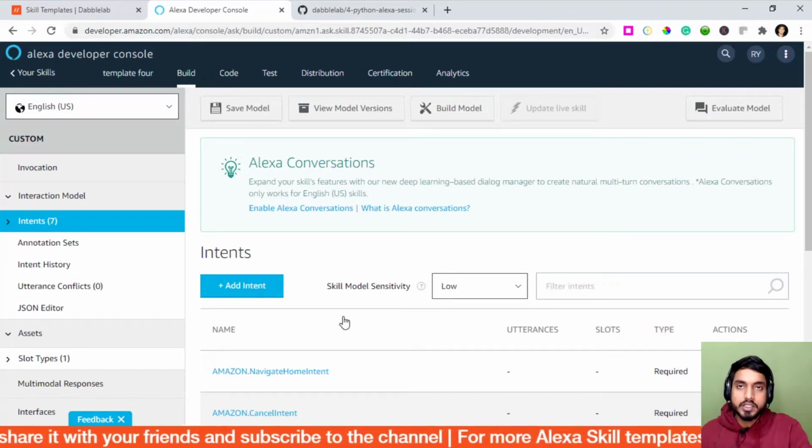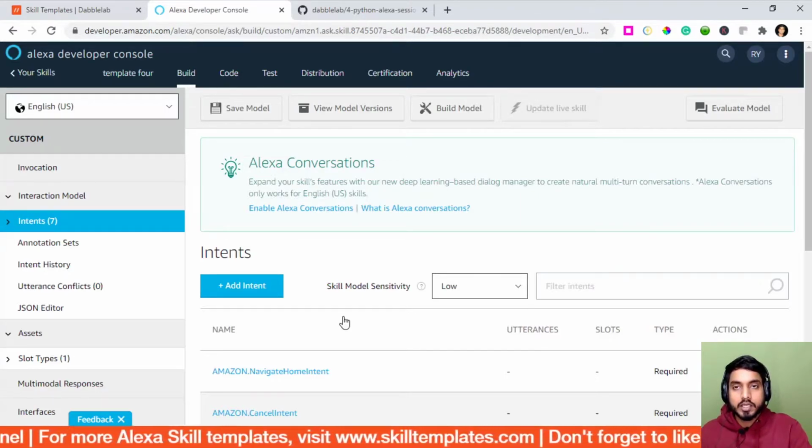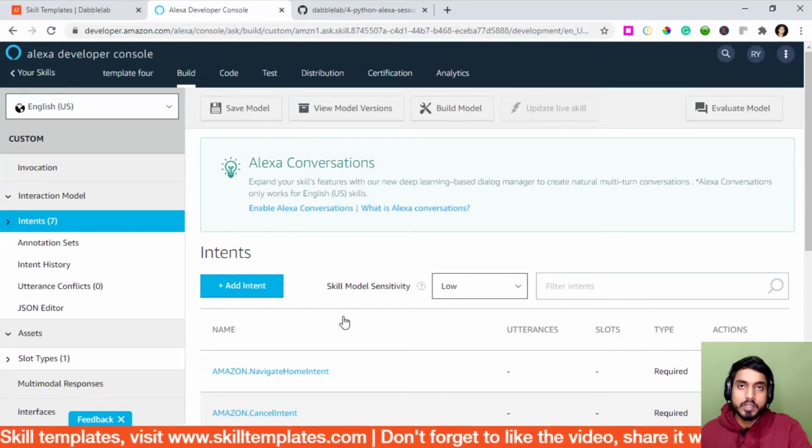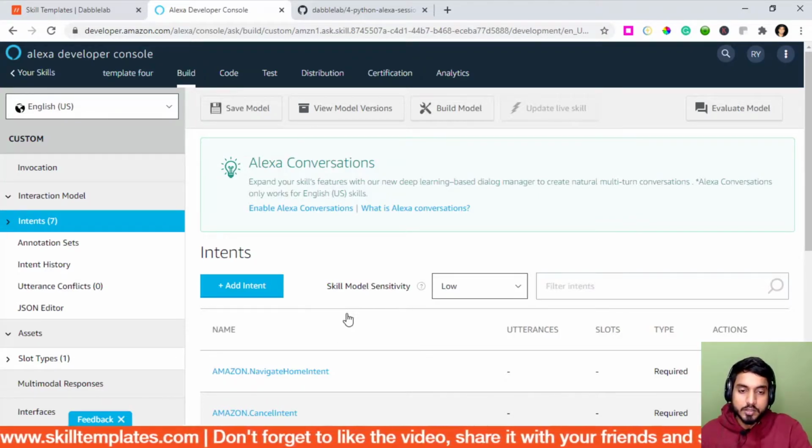So it's a basic dictionary with key value pairs, and it is passed from one intent to the other throughout the session of the skill, so that information can be passed back and forth. It can be exchanged by intents among each other.